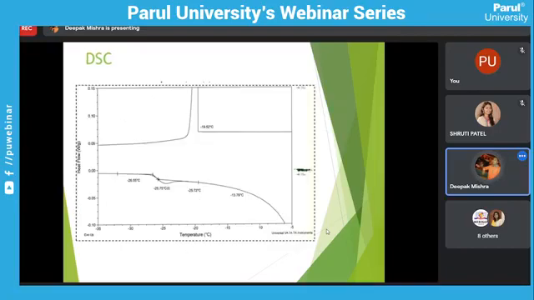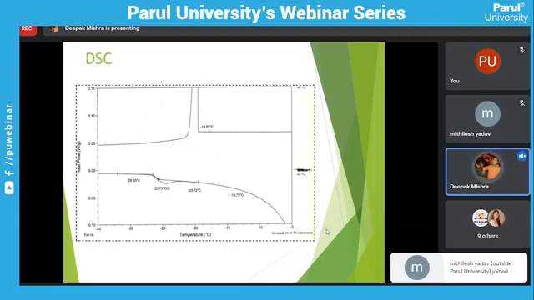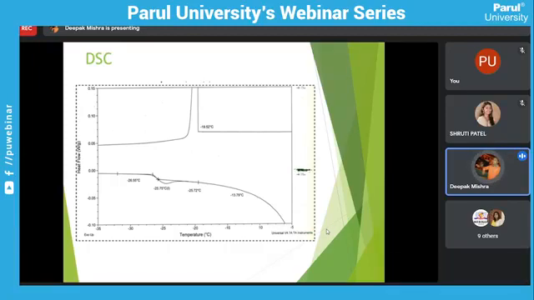This is the zoomed area of the modulated DSC. Here you can see one event at minus 25. After going from minus 26 to minus 25, one event shows. So this is the process by which we select the primary drying temperature. Minus 25 is where our primary drying will start. This is how to select the temperature for primary drying with DSC.